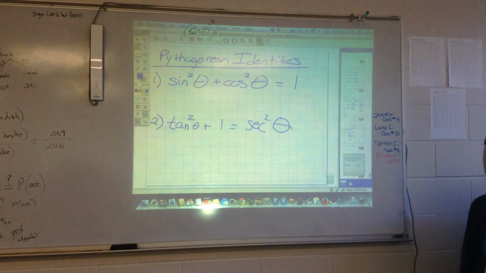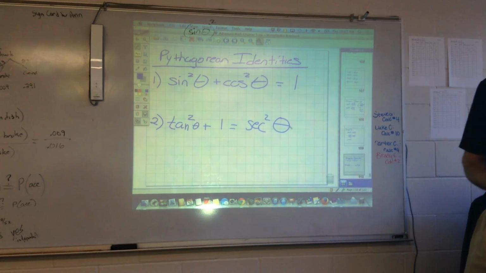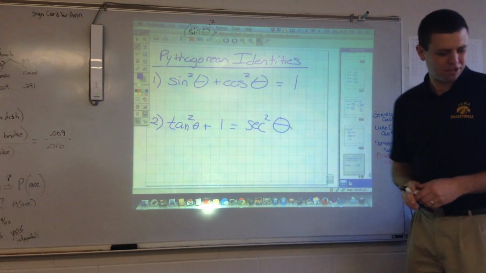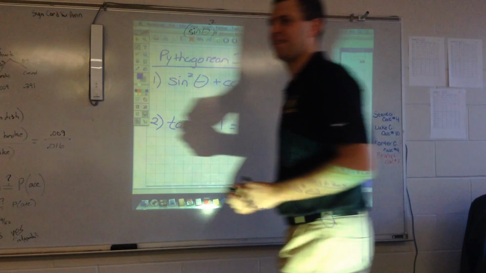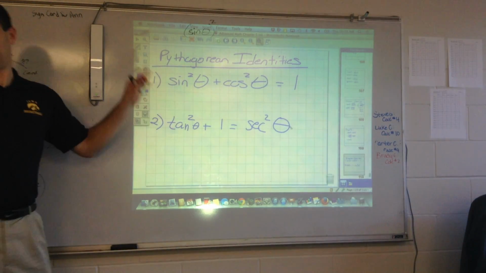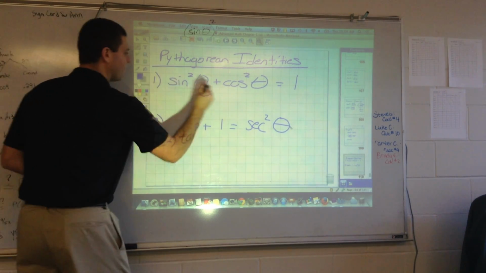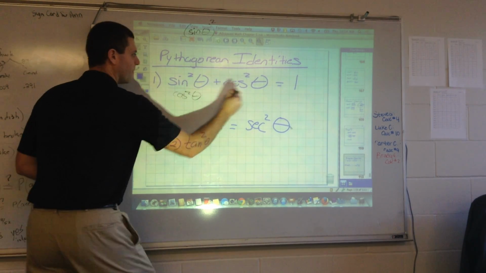Now maybe it might be a little bit more clear what you're doing to all 3 terms now that I've written the correct one. Divide everything by cosine squared. If you know this one, that's an easy one to memorize. If you divide everything by cosine squared,